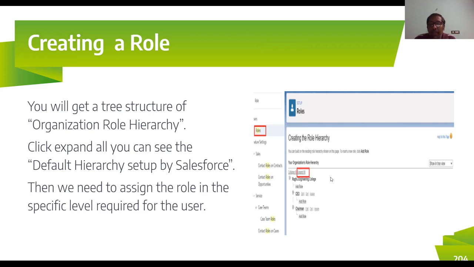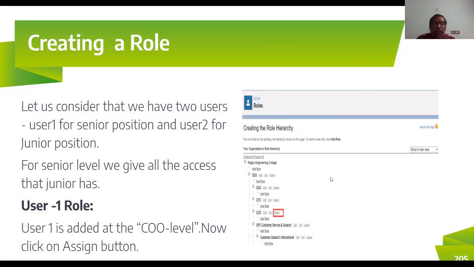So now what happens under chairman? I have to create a vice chairman, VC. So that is what I do under chairman. I have a link called Add Role. I'm going to click on Add Role there. The moment I click on Add Role, a window will open and ask you to enter the label, the field name. There I'm going to enter vice chairman and then save it. The moment I save it, one more role will be created under chairman, that is called vice chairman. Likewise, we are able to create roles here.